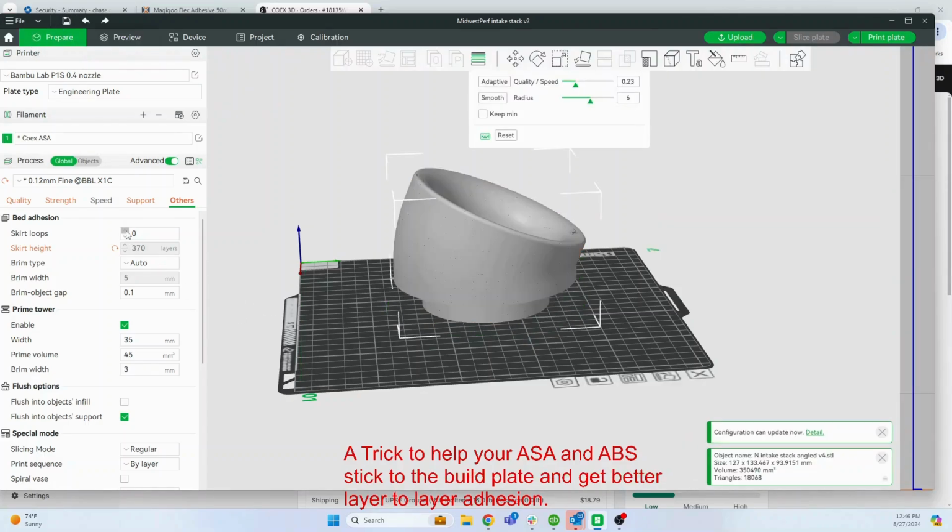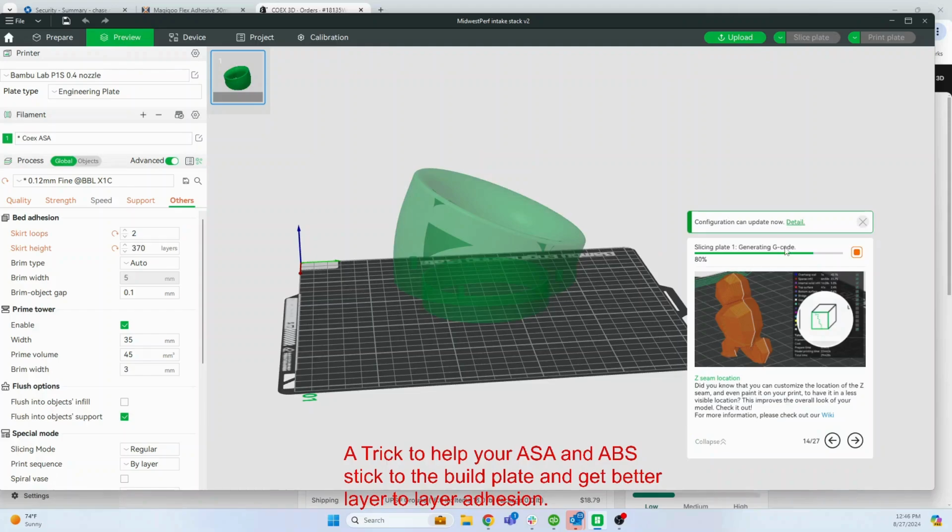Now let's bounce back over here to prepare again. And what I'm going to do is put skirt loops set to 2, so I'm giving myself 2 perimeters going around. And I'm going to make the skirt height 370 layers. Now why did I do that? Because when I looked at this before, when I first sliced it, I could see what layer height that transition was between the model and the support material. Now when I reslice this,